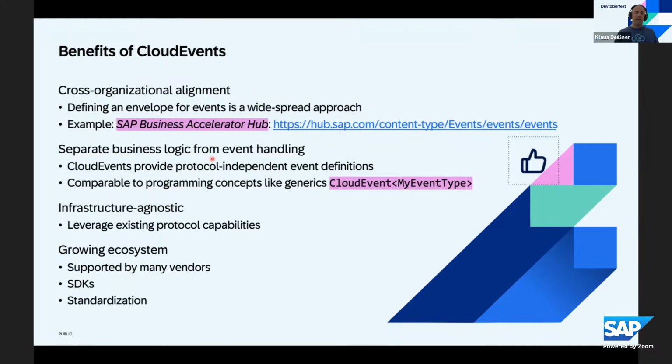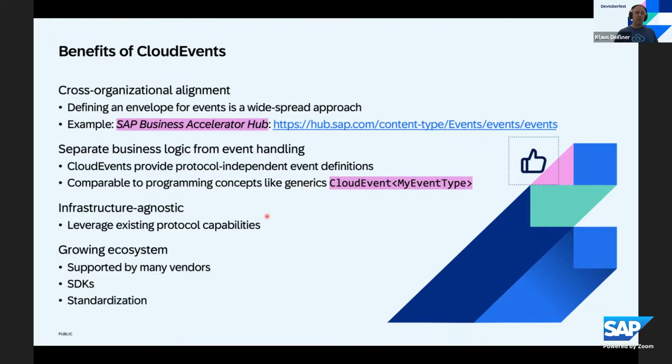And another thing is the separation. I sometimes see it as a bit similar to what you have in some programming languages with generics. For example, in Java, you could think of this expression CloudEvent and then a type pointing to your specific business logic, your event type. But you always have this same behavior around it where you can access those attributes, for example, or access the schema, things like this.